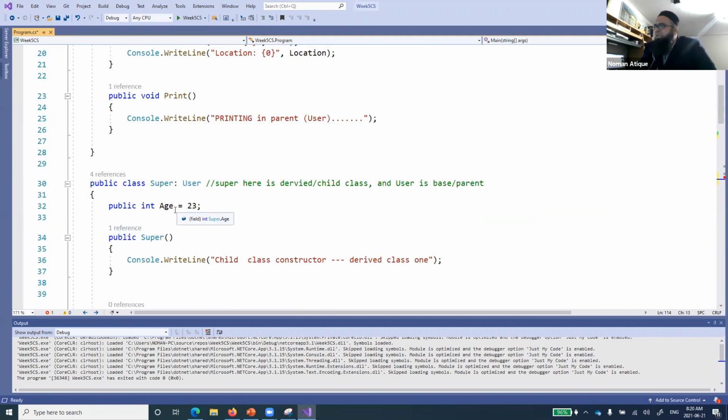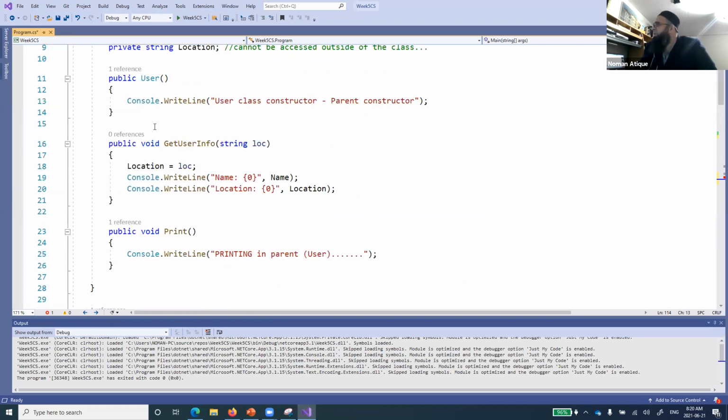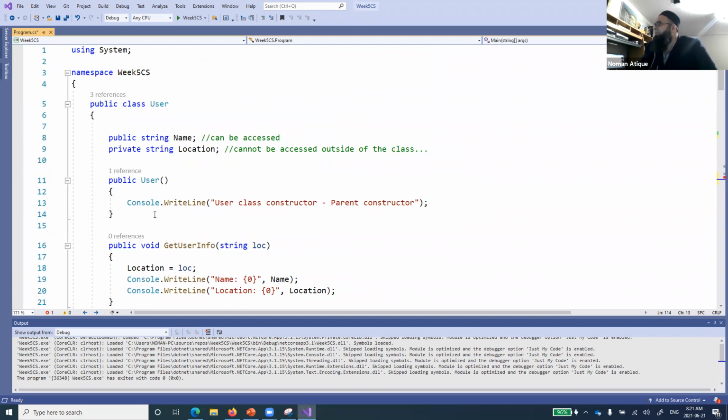But my question again: can I access this age or this super whatever method, the get age method, in my parent class? Can I access that, Nivi or Sarita? Can I access this get age method from my child class in the parent class somewhere?